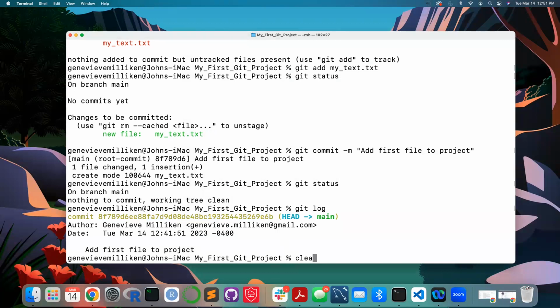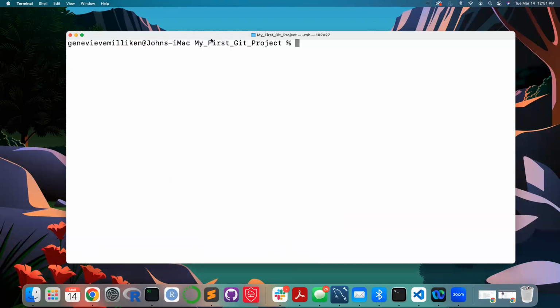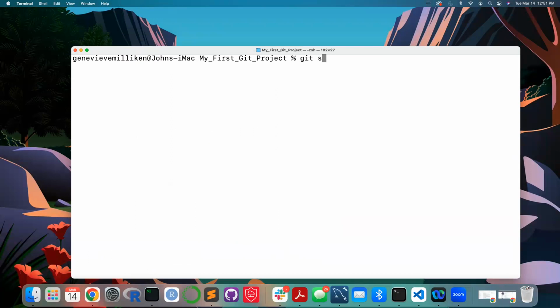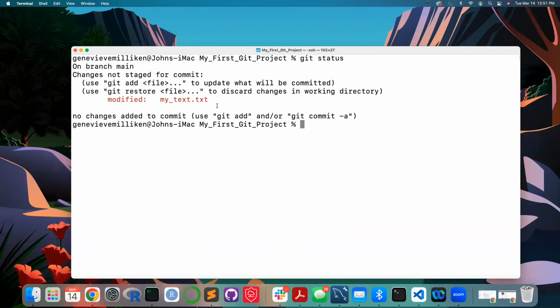I'm going to come back to my terminal and clear this up a little bit. If I do git status, I can see that it has been modified. So I want to do a git add. In this case, I'm going to do git add period here. And if I do git status again,